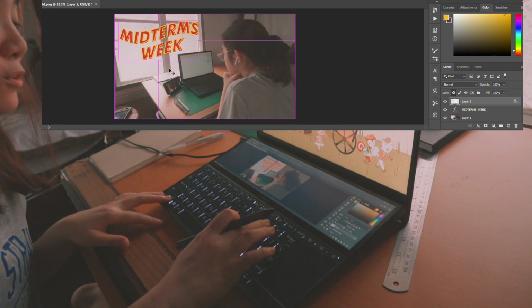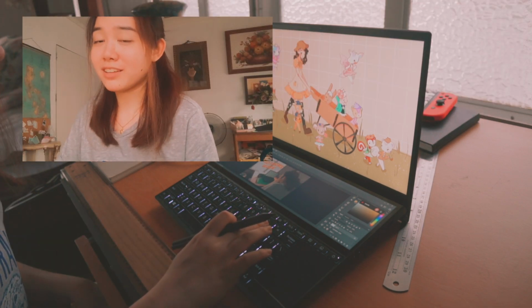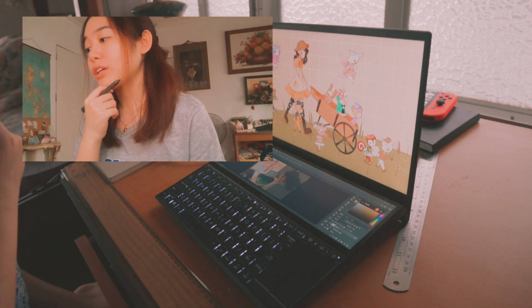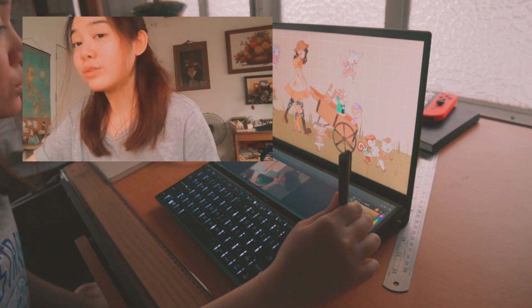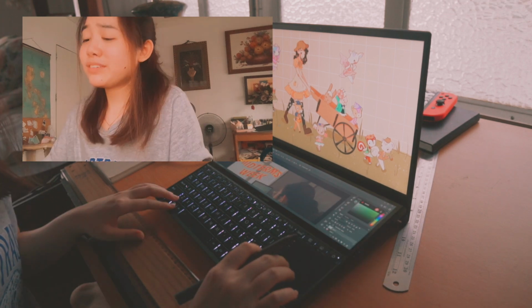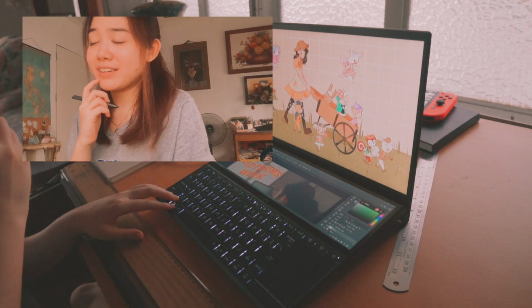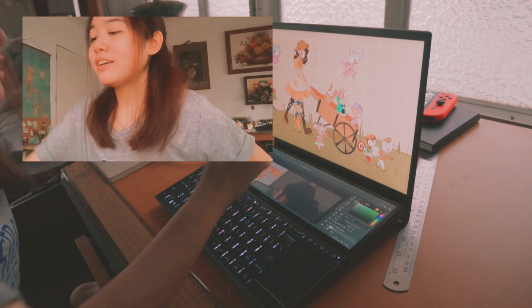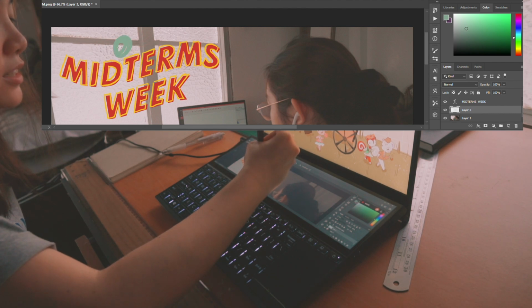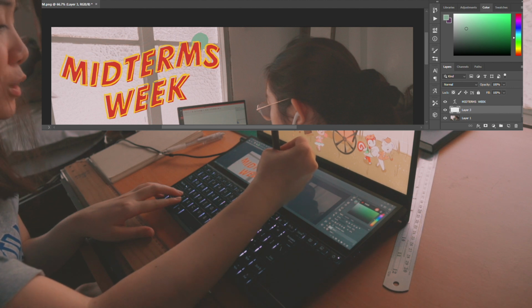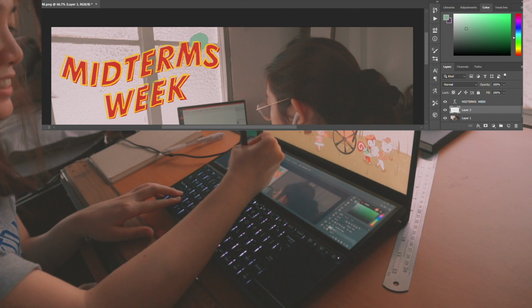But then, of course, for me, it's not the final product because I find it a bit too plain. So what I would do next is I would doodle on it, just to give it more personality. When it comes to doodling your thumbnails, it's your creative freedom on how you want to do it. For me, I'm just gonna follow what looks good. I'm gonna follow the flow. So yeah, just watch me do whatever I want.